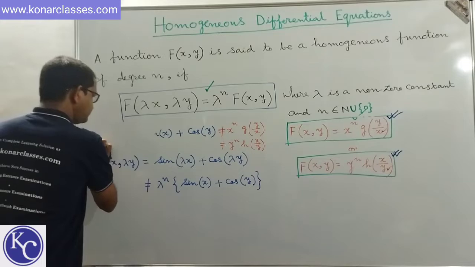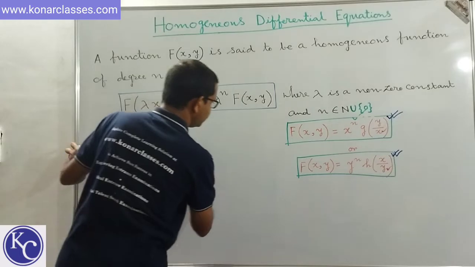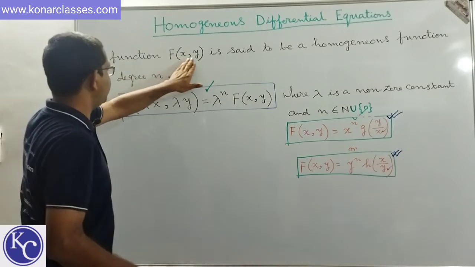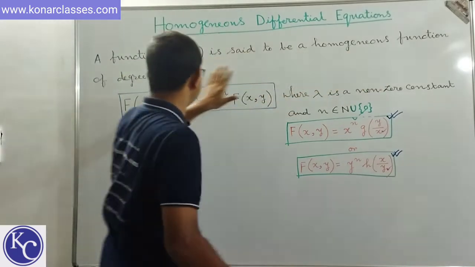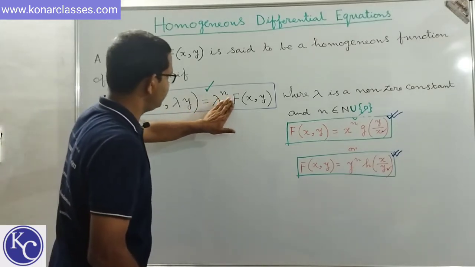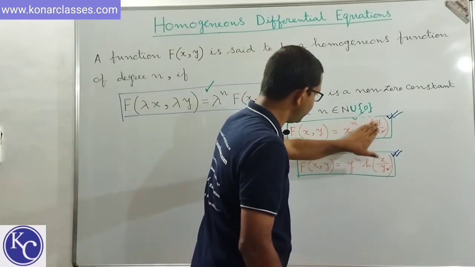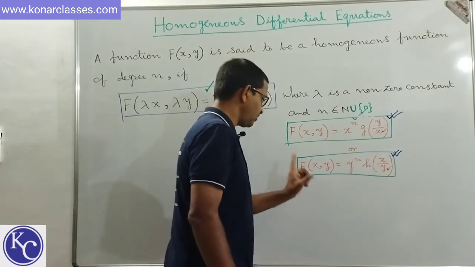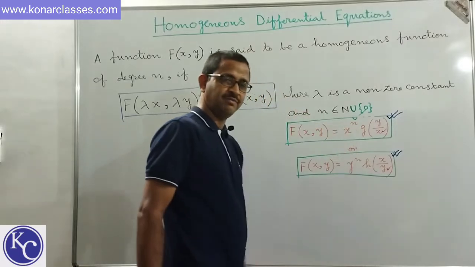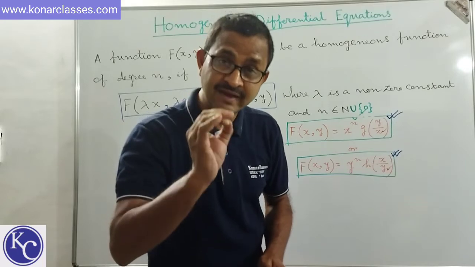So now, before we proceed for solving homogeneous differential equation, for the last time I am saying, a function f(x, y) is said to be a homogeneous function of degree n if f(λx, λy) is equal to λ^n times f(x, y), or f(x, y) is equal to x^n times a function of y by x, like g(y/x), or f(x, y) is equal to y^n times a function of x by y, like h(x/y),